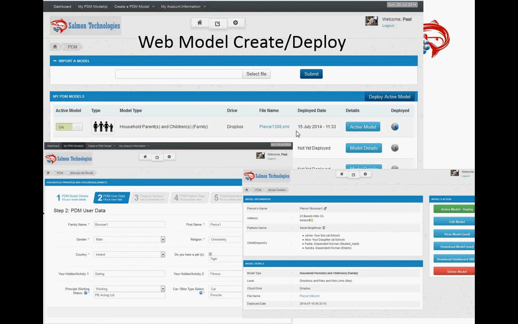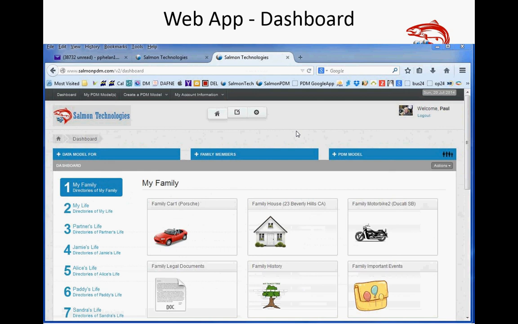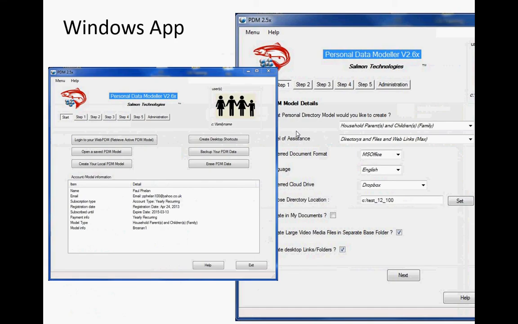All of this is running on a web service, which you can get through any browser. And this is an example of how the dashboard would look on your browser as opposed to that last example of your smartphone. We also have a Windows application that can create